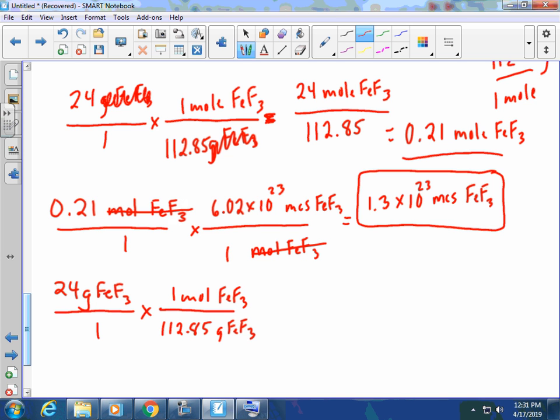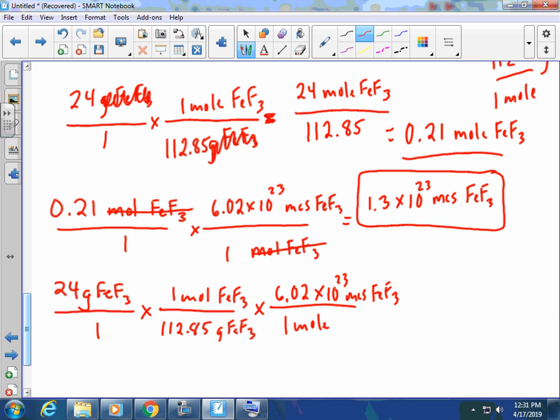Instead of stopping there and finding an answer, I could have just written down times and kept going, and then just put 6.02 times 10 to the 23rd molecules here,